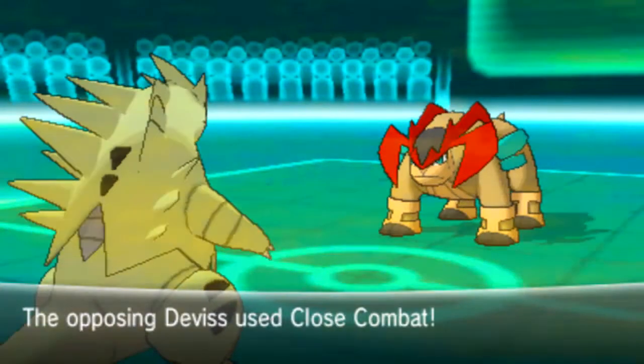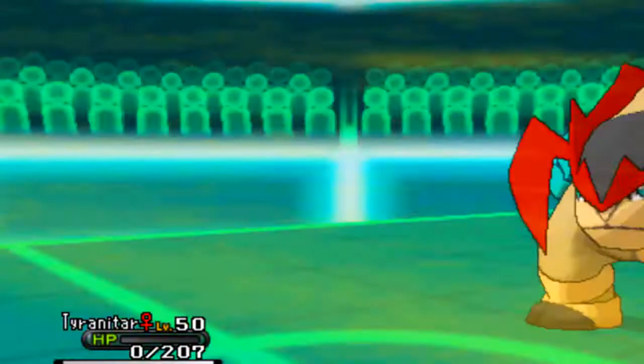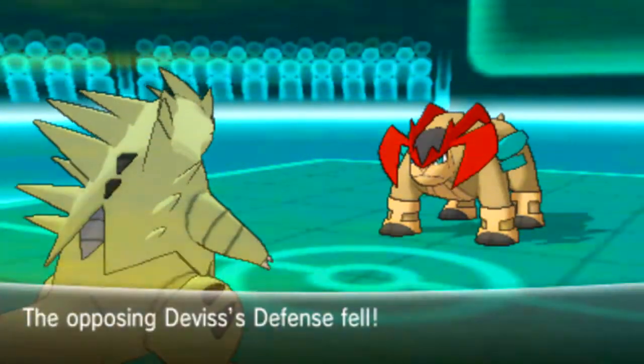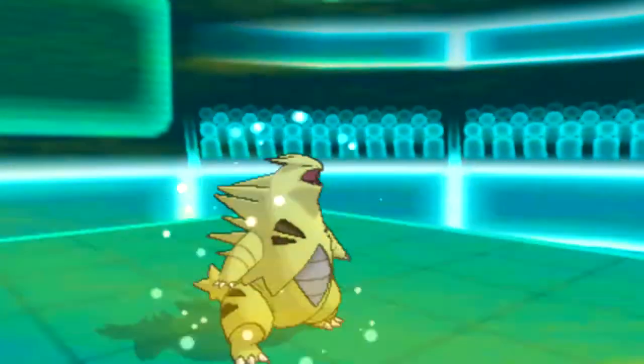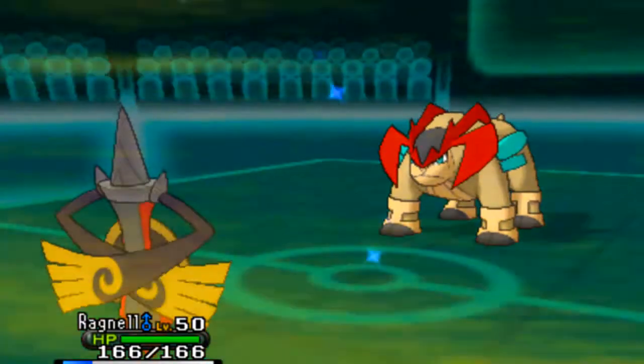He does in fact go for Close Combat. This is fine, like I did mention, I can go into my Aegislash. I'm actually the special Aegislash, well the mixed Aegislash I should say, so I can't potentially set up, but at the same time I can do a lot of damage with my Aegislash. So unfortunately down goes my Tyranitar, but it definitely did its job, scouting out what he was going to lock himself into and getting up them rocks. So in comes my